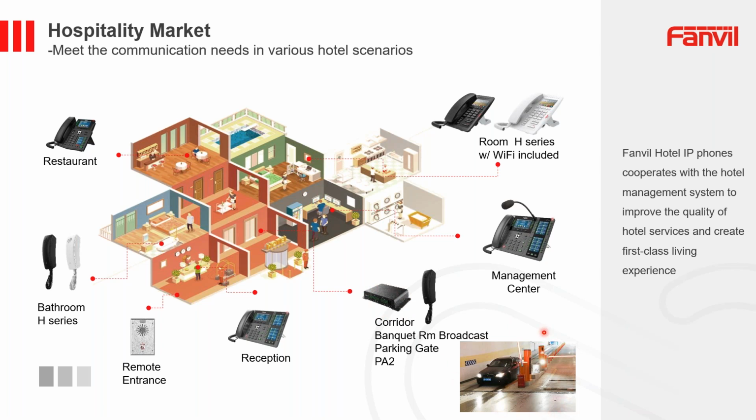So take, for example, I'm sure many people who have stayed in hospitality have stayed in parking garages. They were stuck behind the screen. What do you do when you have to upgrade that kiosk when you move from an old analog system into a SIP-based system? You're not going to change the gate, because that costs way too much, but what you can do is convert that gate or the elevator or any part that communicates with audio into SIP by incorporating the Fanvil